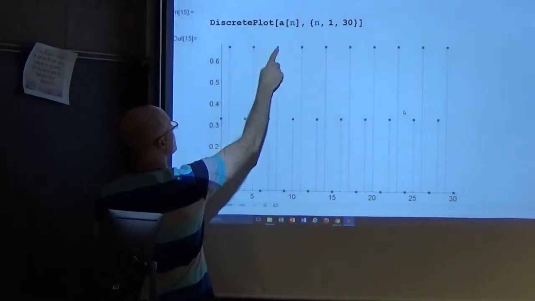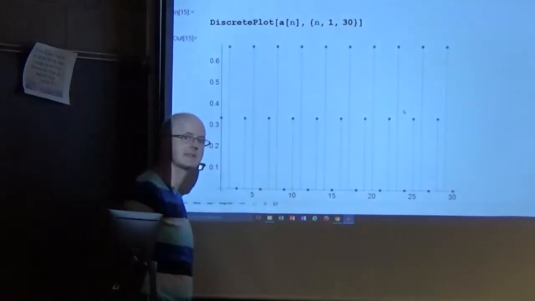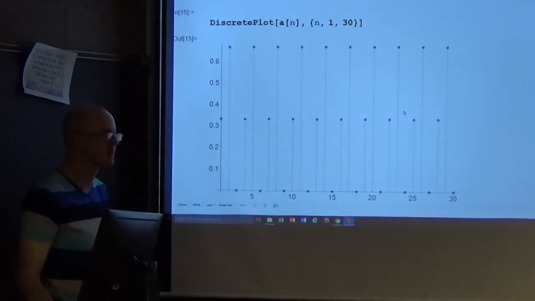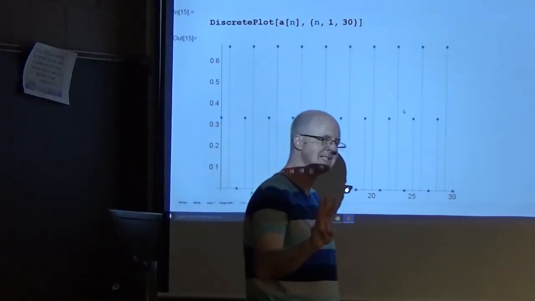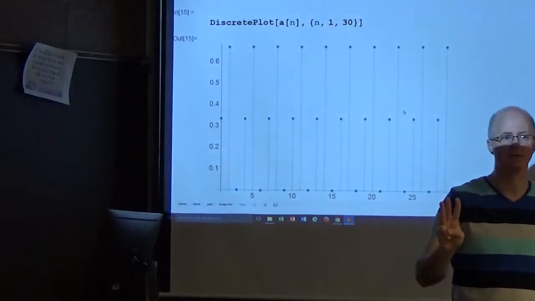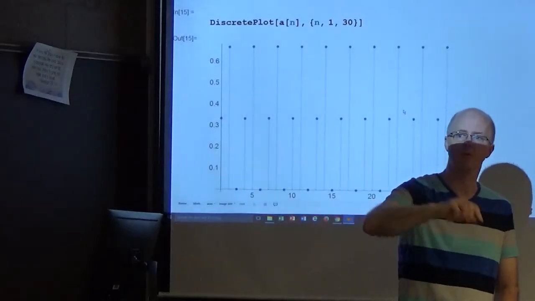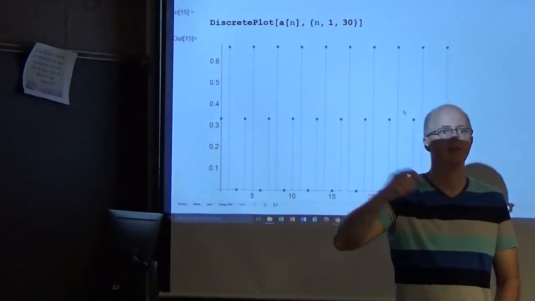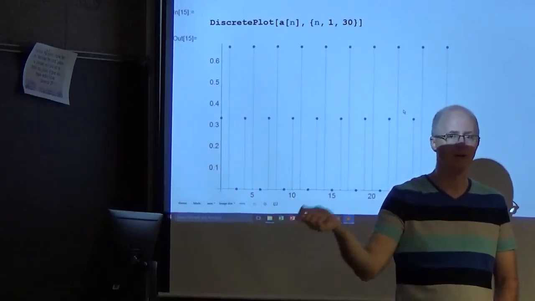x2, x5, x8, x11, x14 would be the simplest subsequence you could think of that converges to 2/3. There are three different possible numbers that are limits of subsequences of this. Just like with (-1)^n, bouncing back and forth between -1 and 1, there are two numbers that can be limits of subsequences, 1 and -1.